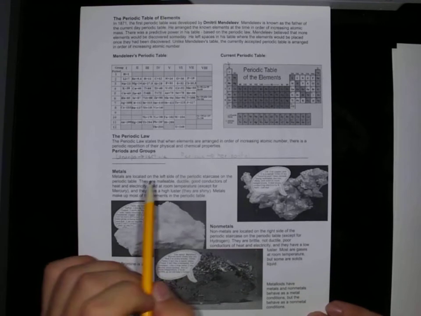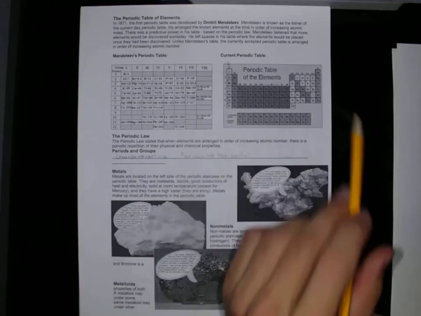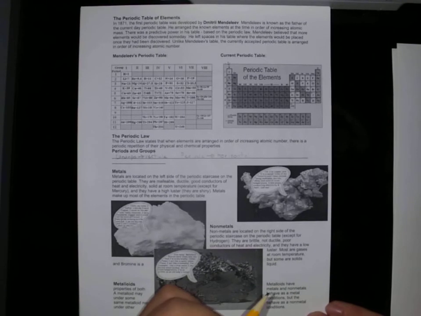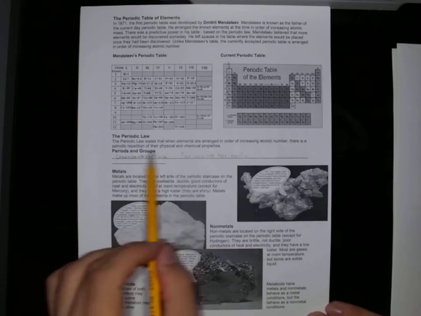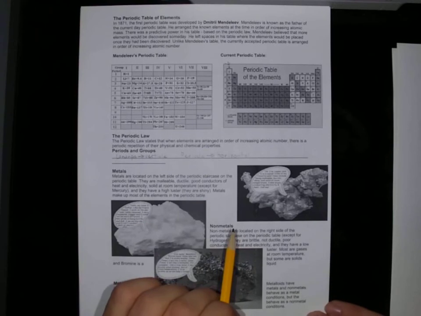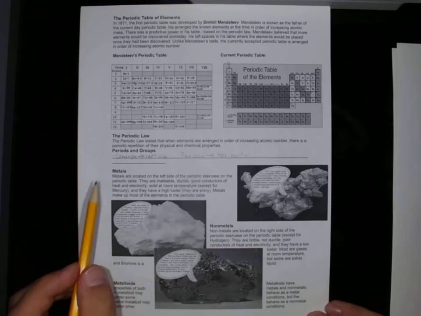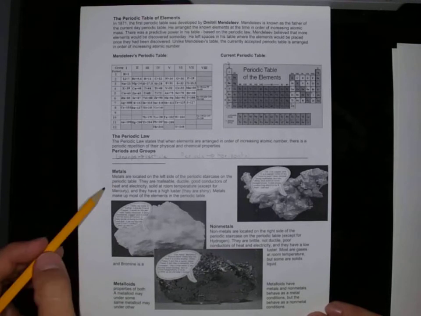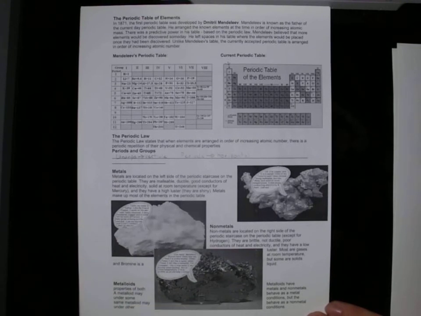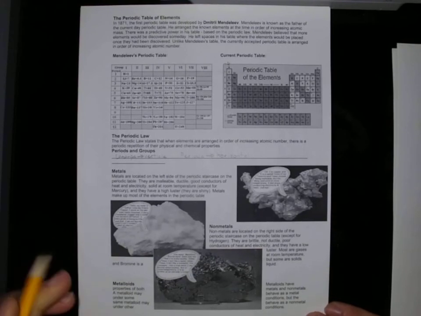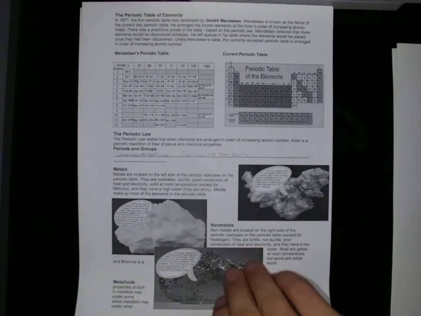Okay, so when we look at either a period or a group, we'll see that some of their properties are repeated, or there's a change that we can understand in those physical or chemical properties, okay? So we also have metals, nonmetals, and metalloids. And in here, if you read these, you should be able to find some of the common properties of metals, nonmetals, and metalloids, okay? But if we go to the next page,